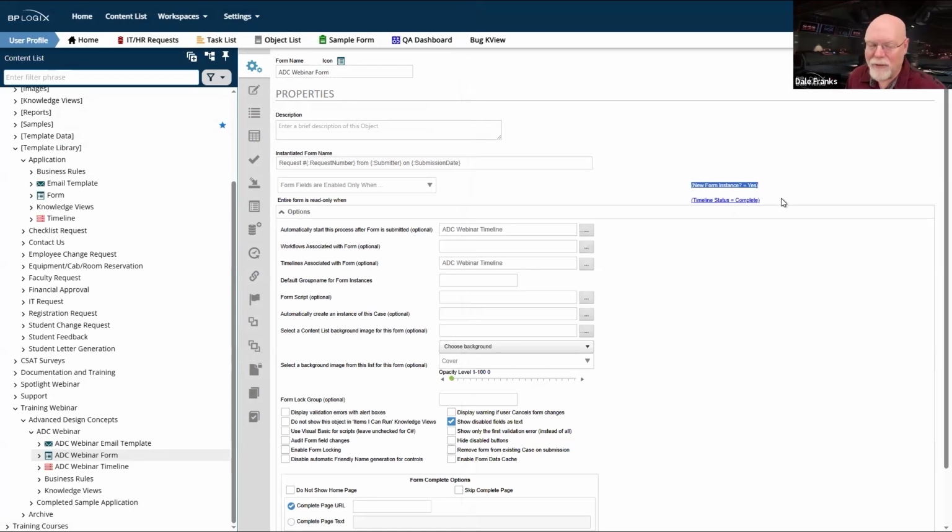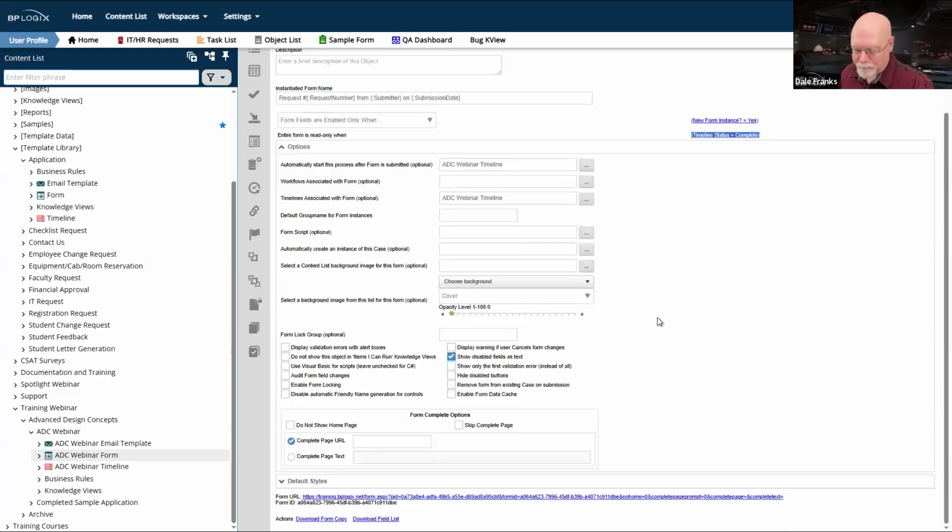And I say inadvertent because I'm charitable, but we also don't want to have intentional edits of that in most cases. And I don't want it edited once my approval is done. And so I want to lock this form down so that it can only be edited whenever I say it needs to be edited. Obviously, there's a timeline, so we do need to set the automatically start this process.